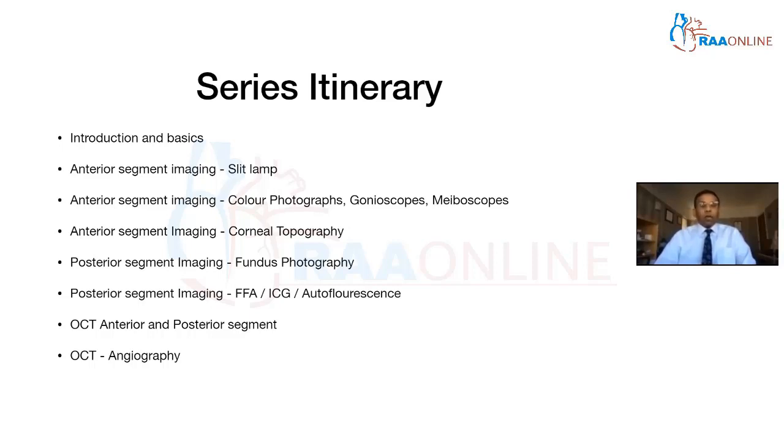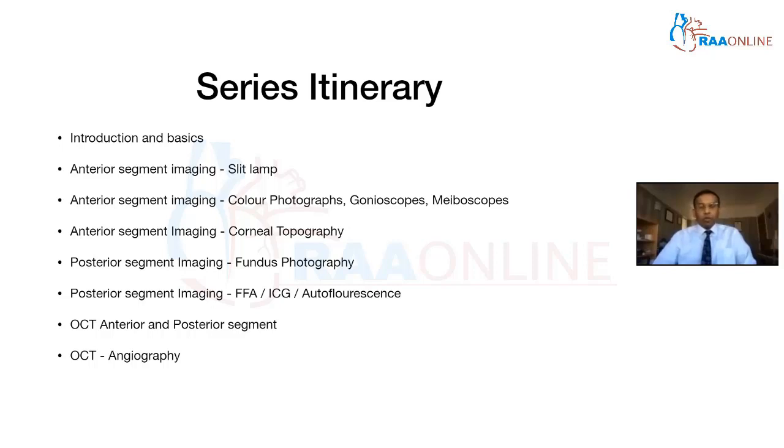Now, each talk will try and cover 2 topics. For this, I've split this into introduction and basics, and some slit lamp anterior segment imaging. The second talk will try and cover some color photography, gonioscopy, meibography, and corneal topography. Moving on to posterior segment imaging in terms of fundus photography and FFA for the third talk. And the last but not the least being the OCT of the anterior segment, posterior segment, and finishing with the